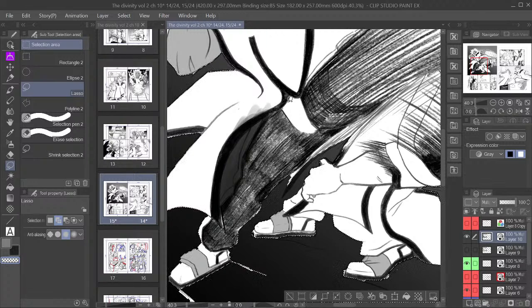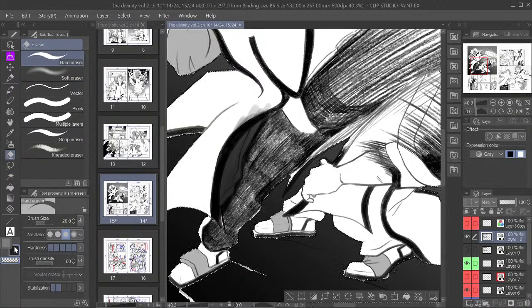Oh crap, no. Wait. Oh, I can just undo that. Hard eraser. Cool. But yeah, as far as realism goes, I don't know if I'm particularly chasing realism like that